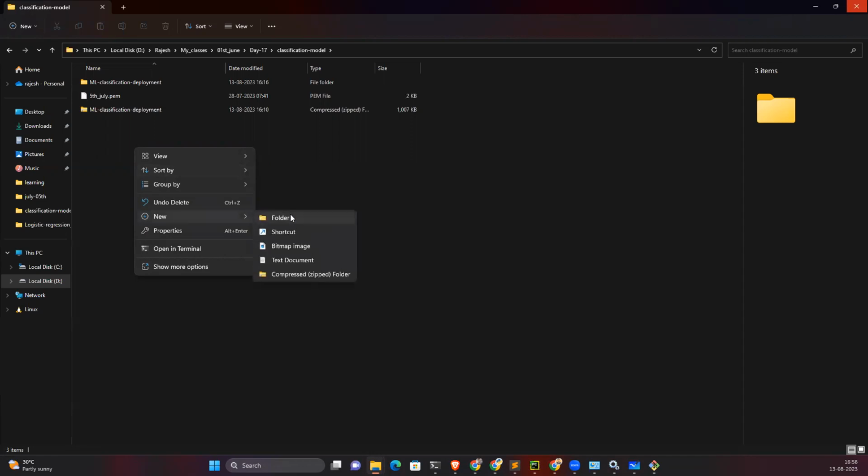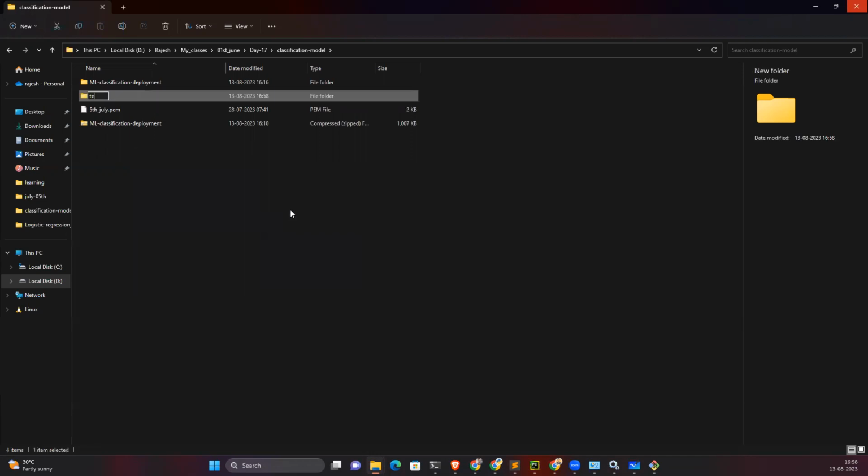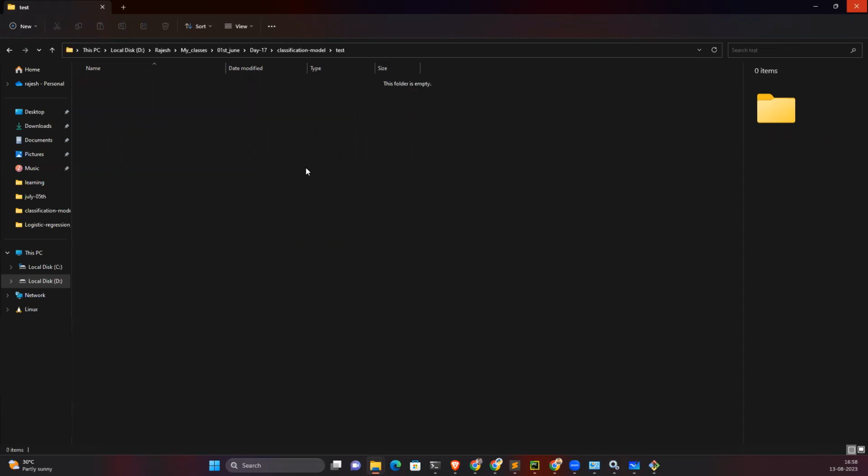Let me create one for you as well. Test. I'm going to create one folder, test. And again, Rupa, Divya, Tirumala. Inside this folder, right-click, show more options and click Git Bash here. Don't go to any other folder. Go inside this folder and again click Git Bash here.